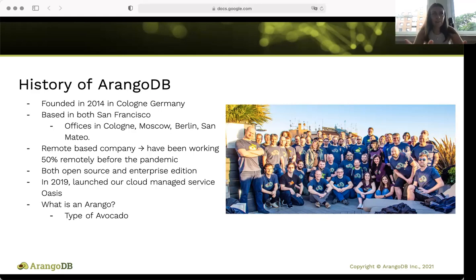Now, like everybody else, we are a 100% remote company and will continue in the future. We're both open source and enterprise edition, and in 2019, we launched our cloud managed service, Oasis.